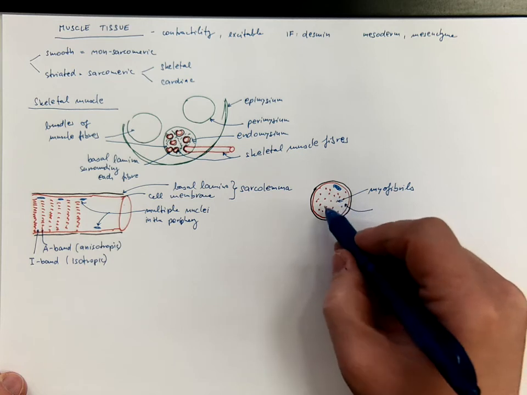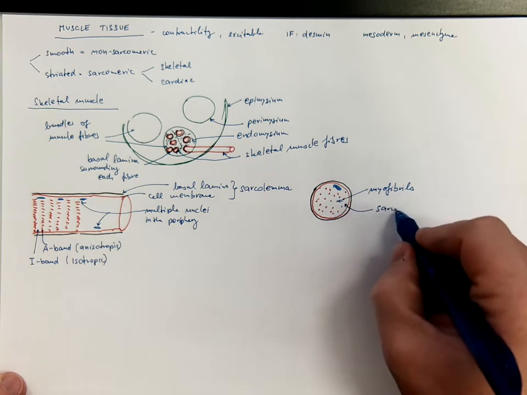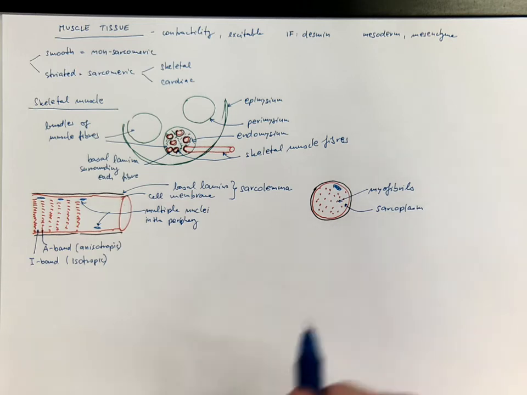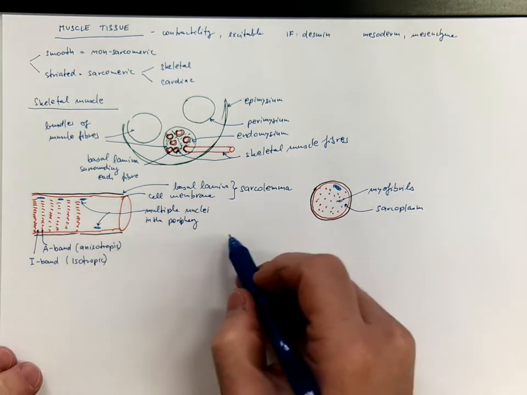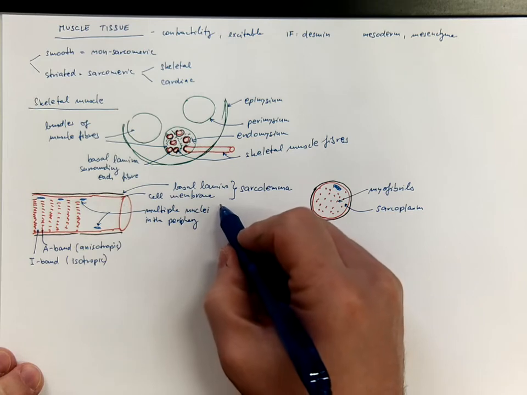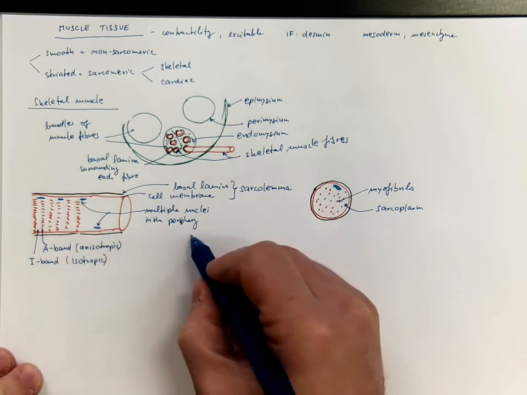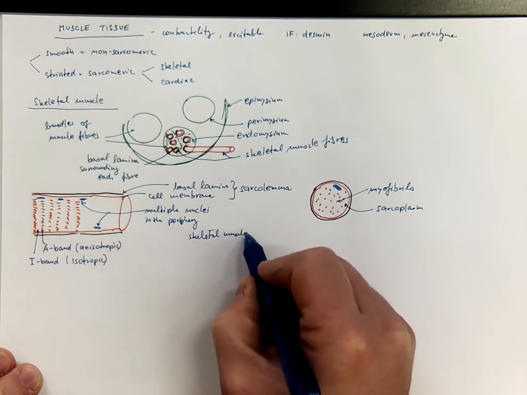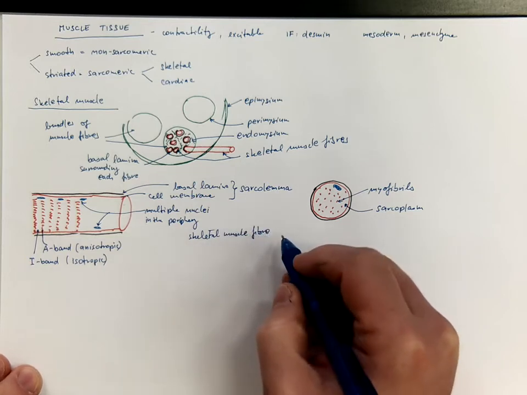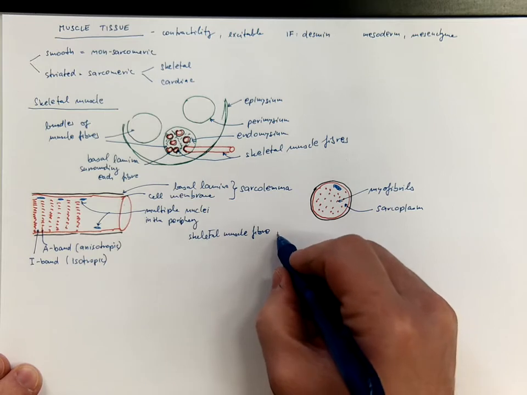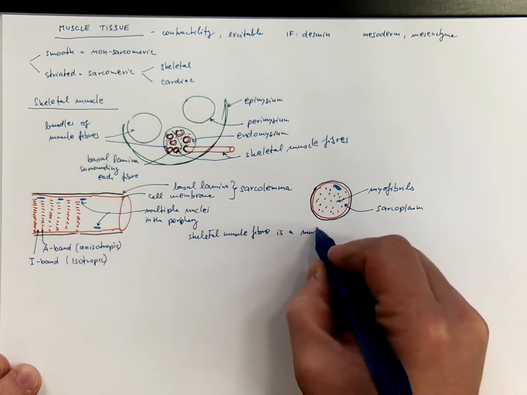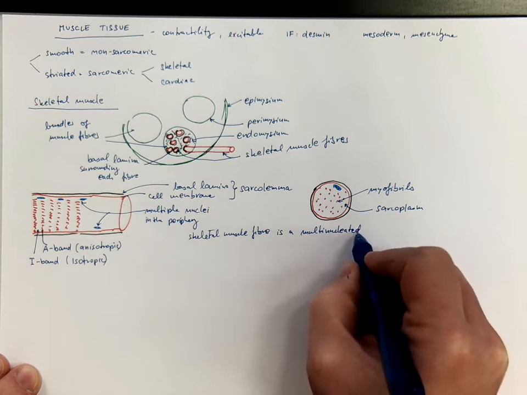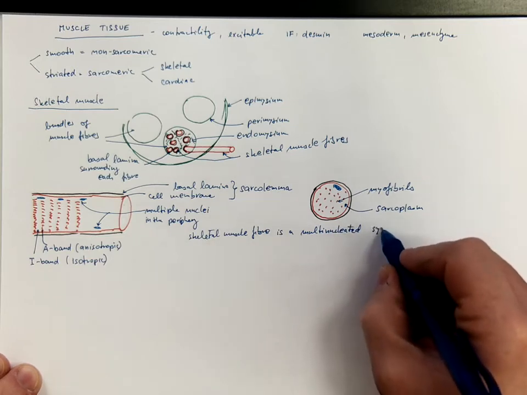The inner cytoplasm is called sarcoplasm. The skeletal muscle fiber is a multinucleated structure called syncytium,